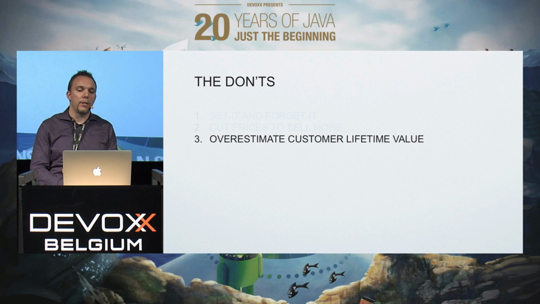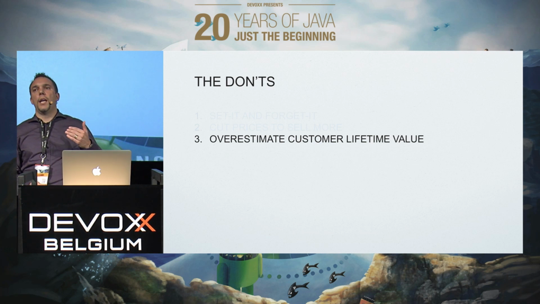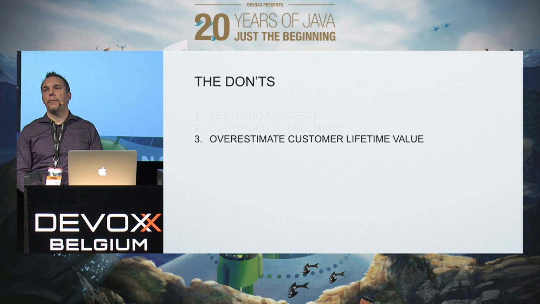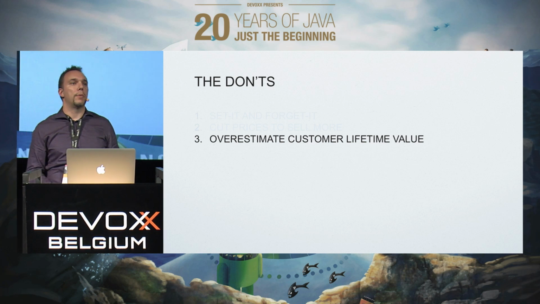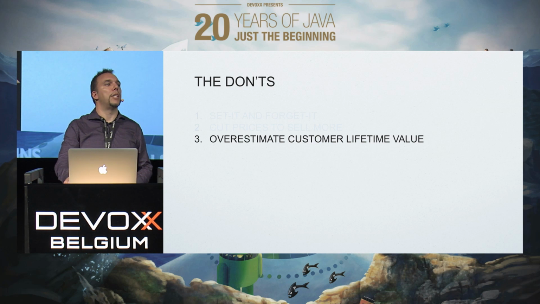Startups, and we in general, tend to overestimate the customer lifetime value. We think that once they sign up and start using our software, they will be customers for life. The reality is that for a lot of online software and SaaS, customer lifetime values are very short or very low. If you look at Buffer, for example, their customer lifetime value is like $100 and a bit. This is not a lot of money. You need a lot of customers to build a sustainable business out of that.